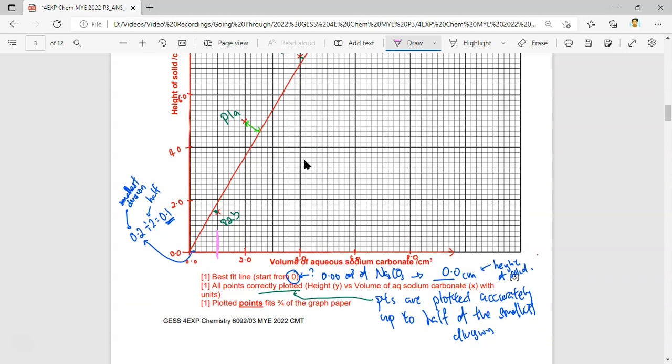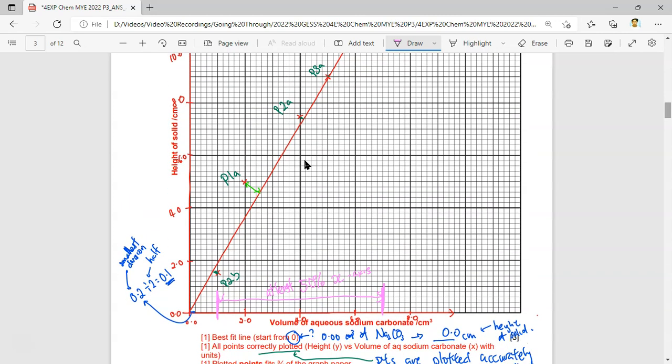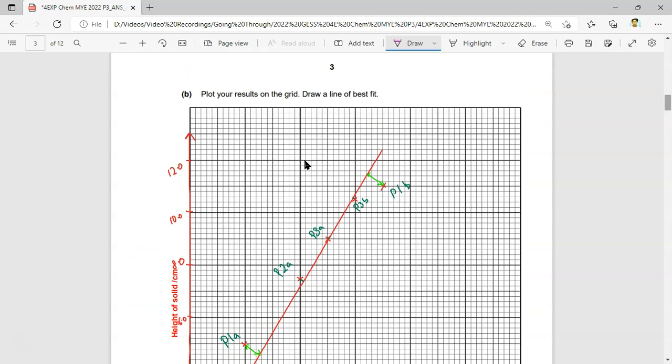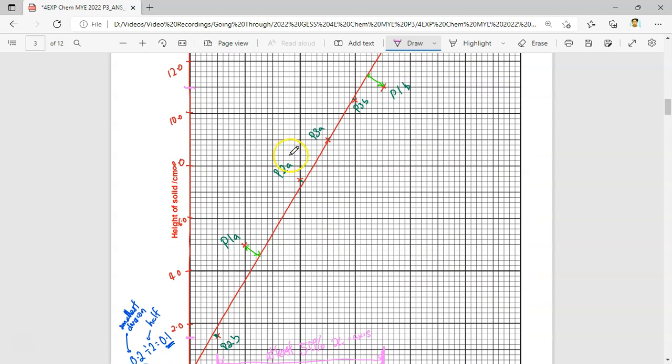This is my maximum. Okay, this distance here should take up at least 50% of the x-axis. Okay, next thing, from here all the way to the top here. So you look at the y value of the smallest point to the bigger, from one end of the point to the other end of the point. So you realize this is the y-axis value. This should also be at least 50%